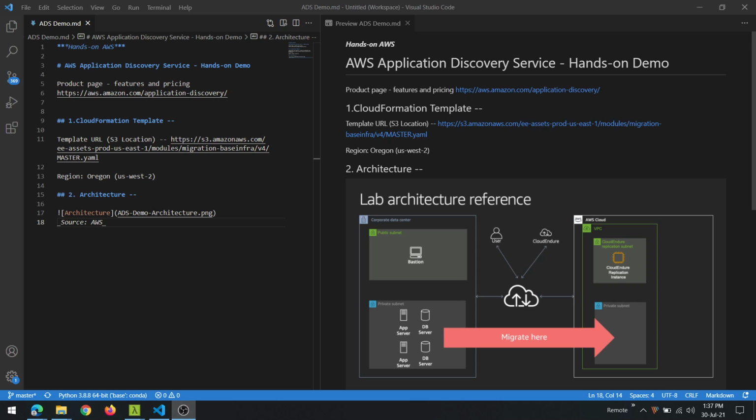It uses an agent that is installed on either Linux or Windows servers that you have and collects information about the applications running on that server, the performance measurements over time of how those servers behave, as well as the network interactions between the various servers to map the dependencies between those applications.